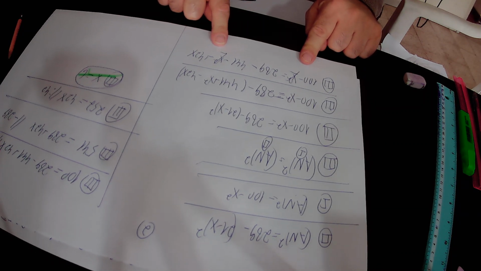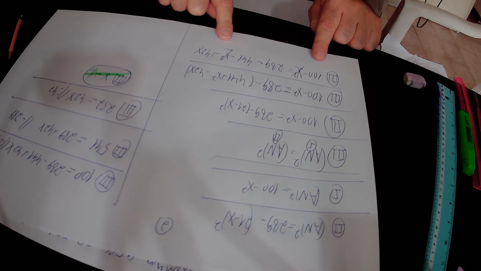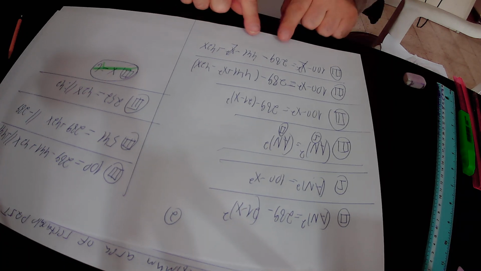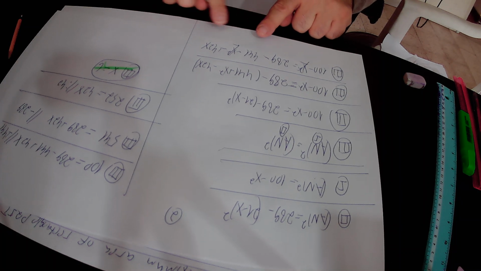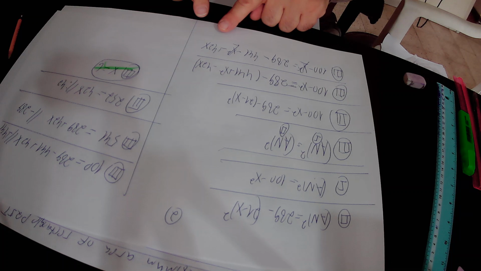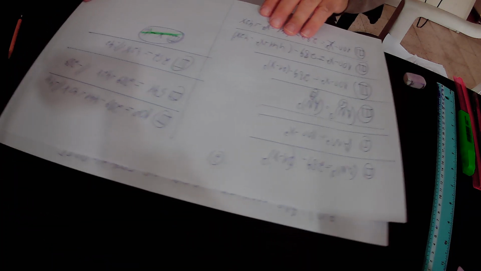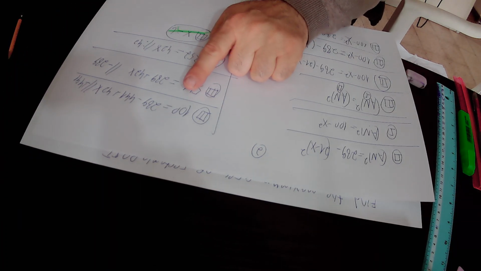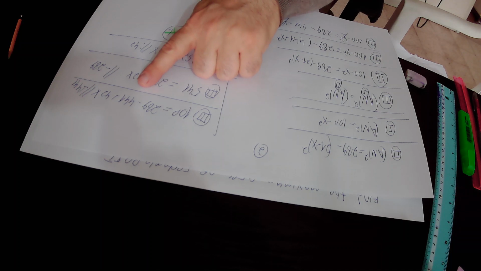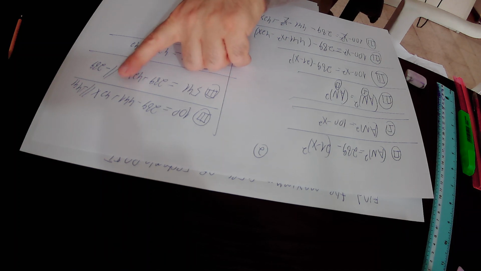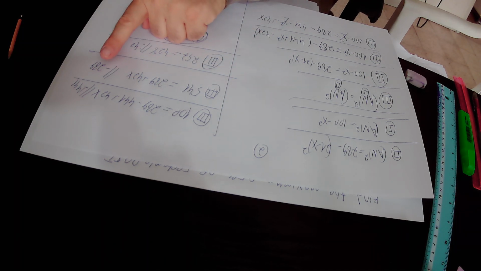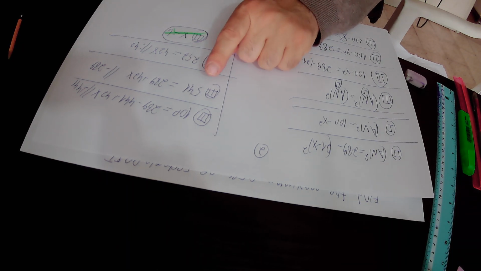After cancelling minus X squared, on this side of the equation we are left with only 100. On the other side of the equation we are left with 289 minus 441 plus 42X. I repeat again, according to equation 3, we found out that 100 equals 289 minus 441 plus 42X. Here we added 42X to equation 3, and finally found out that according to equation 3,